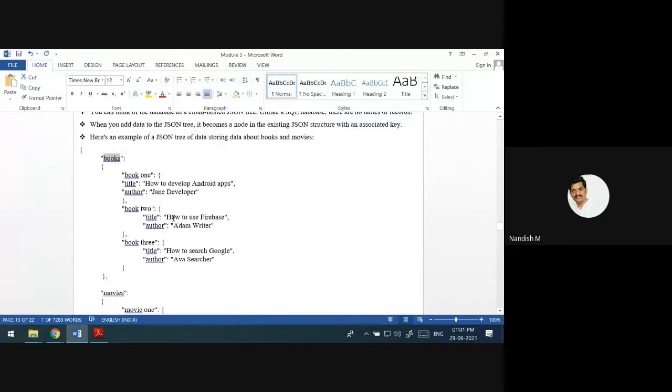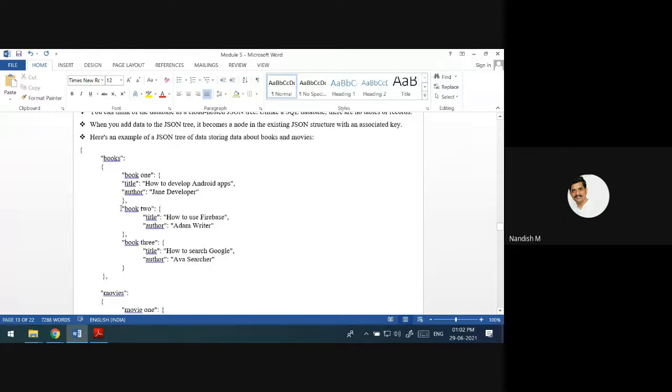If you are going to store information related to books, this is some identifier. Books is the broader information. That book information you are going to store. Open the flower brackets, close it here. Book 1. What is the title of that? Who is the author? Open and close brackets.